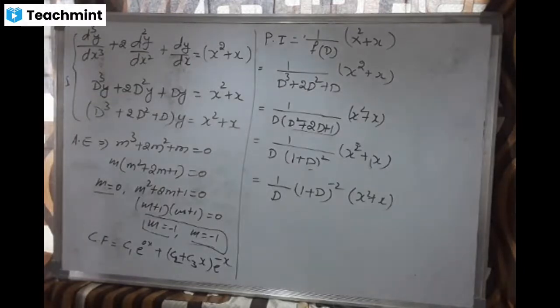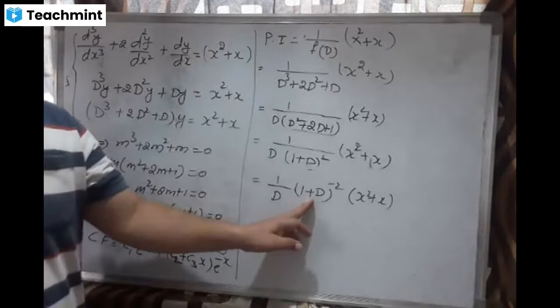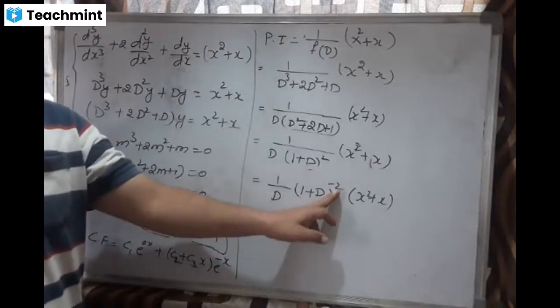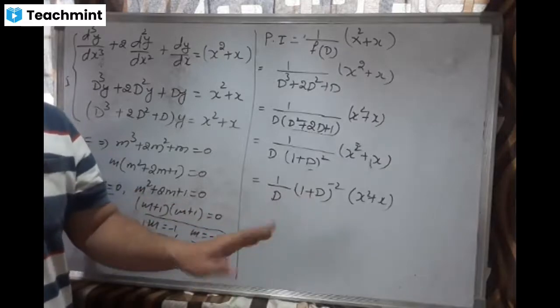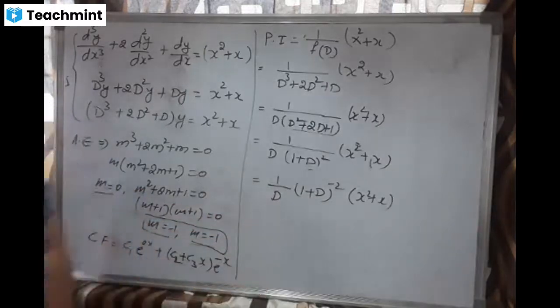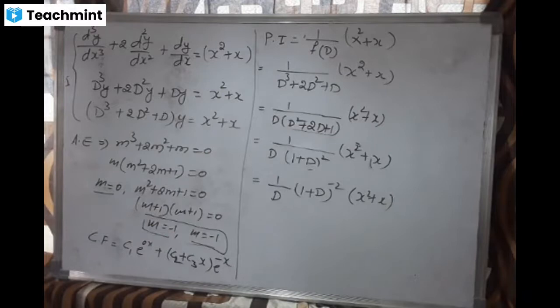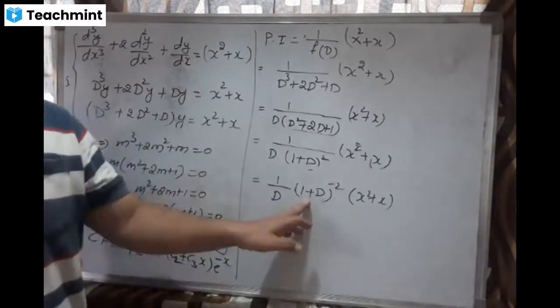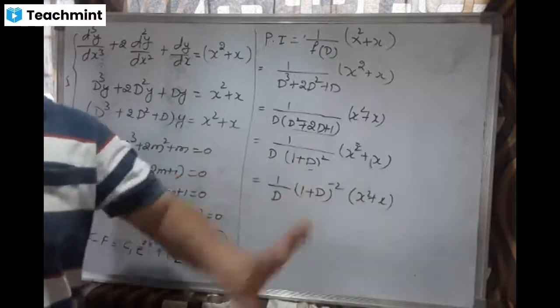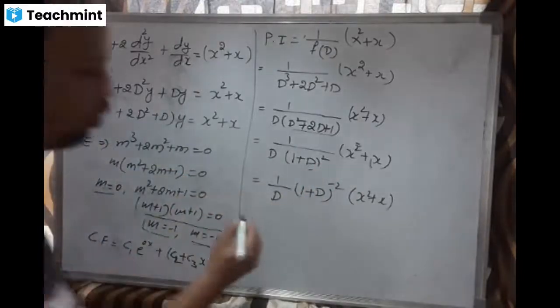Now, whenever a positive sign is there, I know the formula for minus, all to the power of minus 2, with a minus sign. If positive is there, we have to use the formula alternately with plus and minus signs. What is the formula for 1 minus d to the power of minus 2? 1 plus 2d plus 3d square plus 4d cube, like this. All the terms are positive for the negative sign. If I go for positive, it should be alternately plus and minus. Before that, I will write the formula for that.